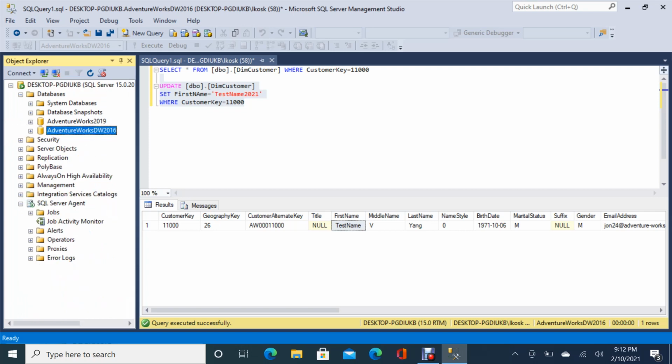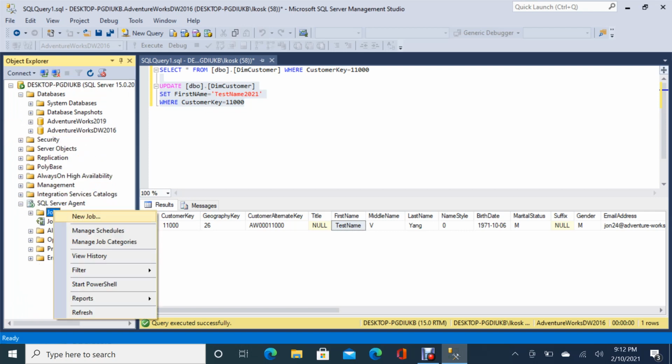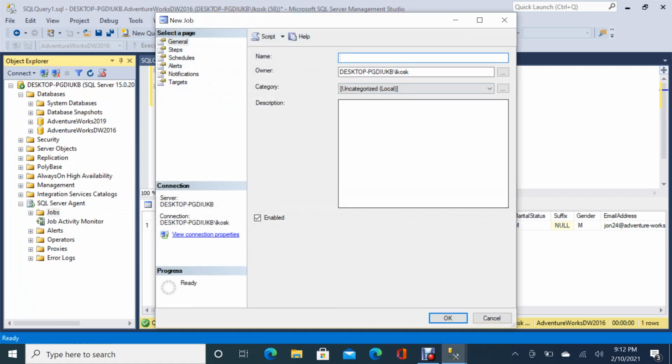Once it is closed, I will go to jobs, new job, and name it update table. You can use the owner name based on whatever is set up in your organization, category local is fine, and description, whatever you are doing in this command.